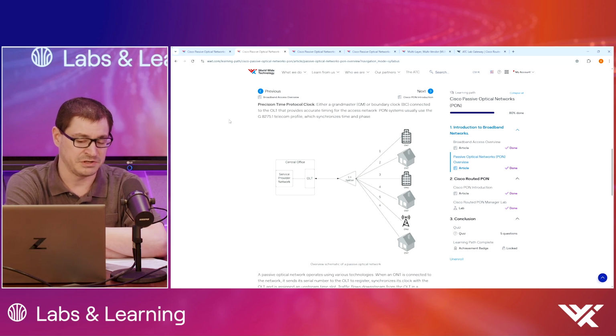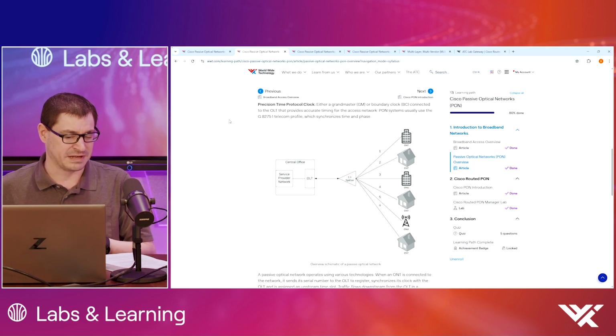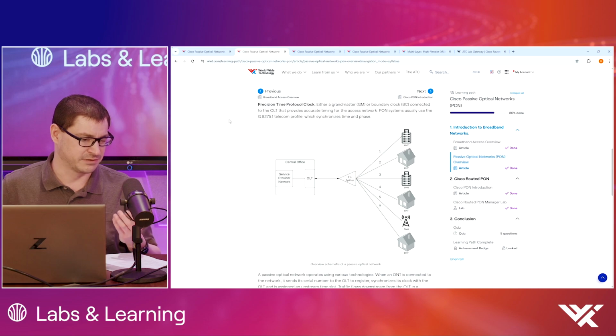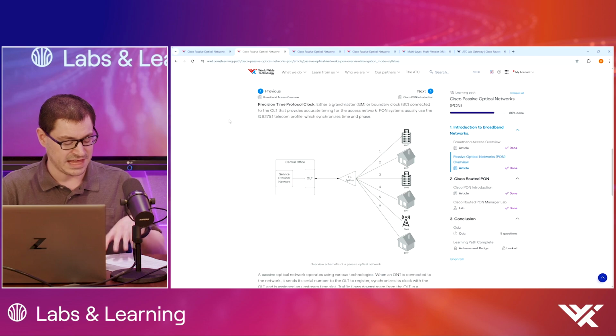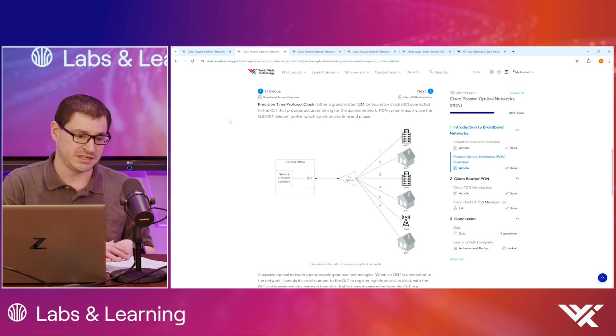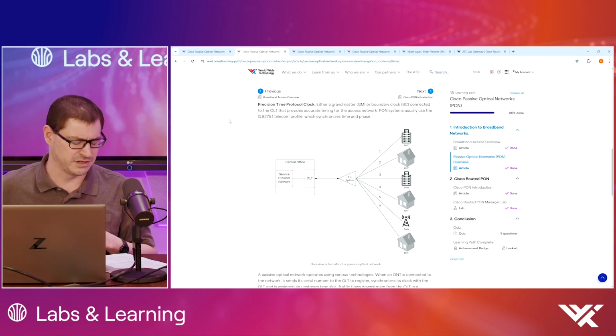We have our optical line terminal that's at our central office. It doesn't have to be at a central office; it can be at telecom cabinets, which is generally where they're more deployed in the field. Those are your optical line terminals. That is your network side termination for the PON network. That's where your NNIs, or network to network interfaces, connect. That's where it drops all of your customer traffic